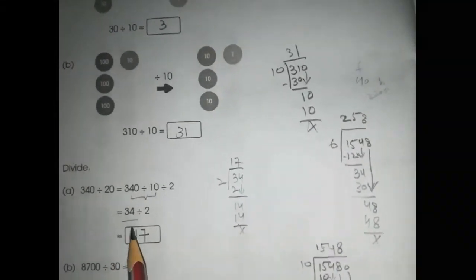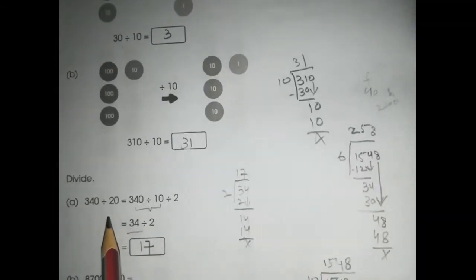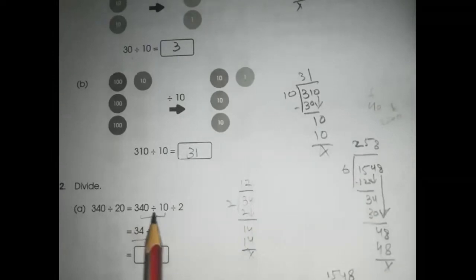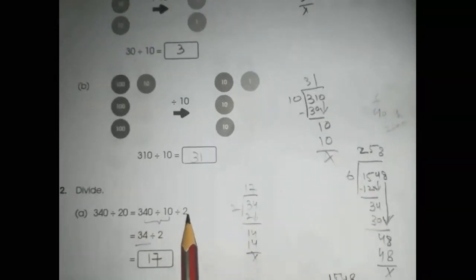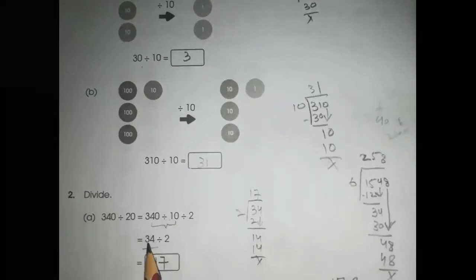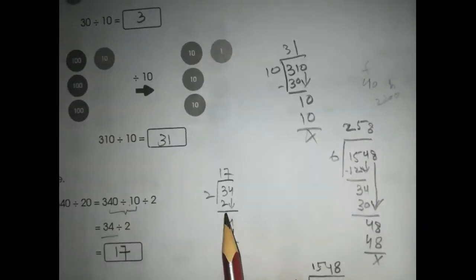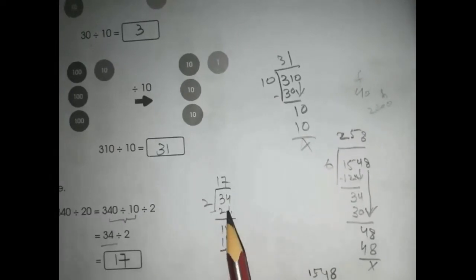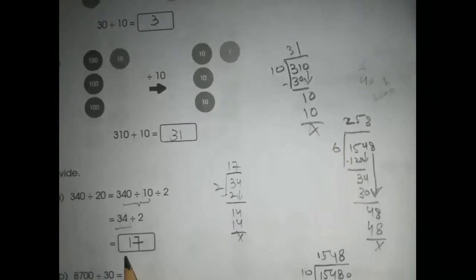Now question number 2 is divide 340 by 20. Now you can see 20 is a multiple of 10, so I will write 340 divided by 10 divided by 2. Initially when I divide 340 by 10, I will get answer 34, because 0 cancels with 0, or you may perform division. Now I will divide 34 by 2. 2 ones are 2. By subtracting we will get answer 1. This 4 moves below, so 2 sevens are 14. So our answer is 17. Similarly, you can do part B of this question.